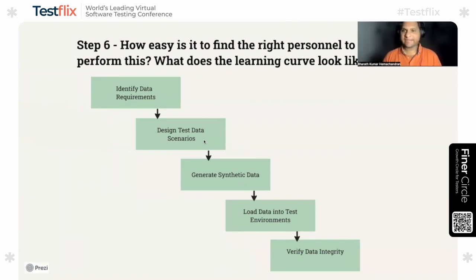Something with a very high learning curve is going to be difficult for people to pick up and deliver quickly. The benefits of AIML are touted that it helps you with a quick turnaround. Typical AIML projects today have reduced the software delivery life cycle, or are expected to reduce it by quite a bit. If you do not have the right people or the skills in your existing team, it's going to be very difficult for you to pitch and take something further in terms of what you can do with this.